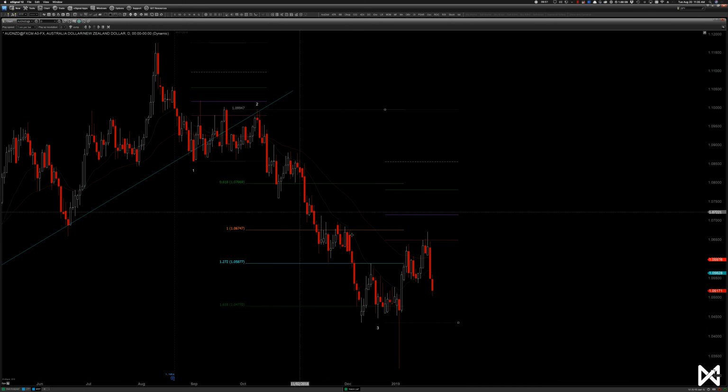And there we go. We rejected 0.382 with an inside bar, high test reversal, and started to break down as we broke this little trend line connecting the lows of wave 4. Now we are fully in wave 5. So right now, to predict wave 5, we're using Fibonacci extension from the top of wave 3 to the bottom of wave 3 to the top of the pullback of wave 4. And now we have a potential target